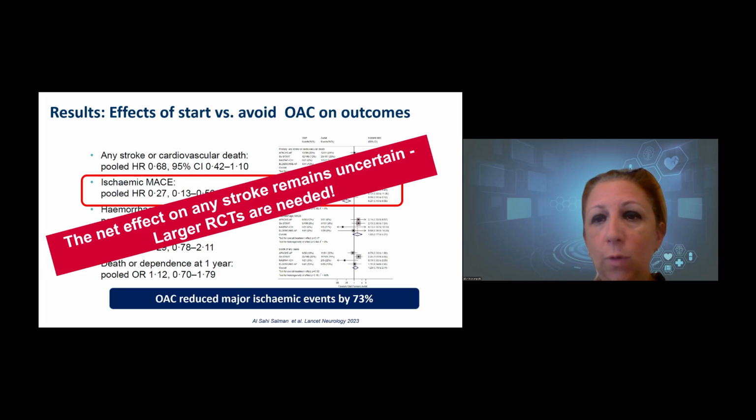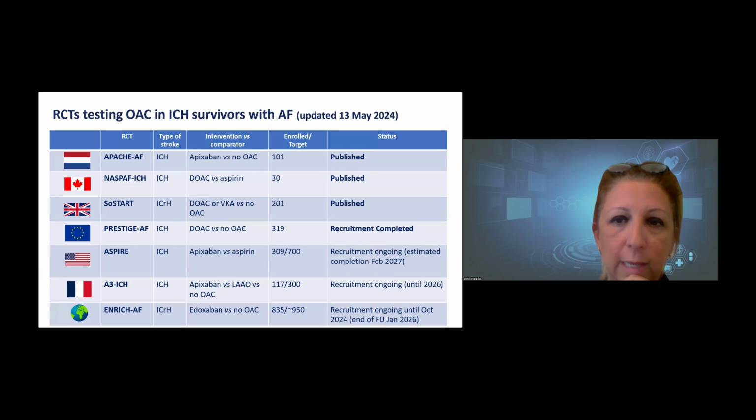And here you can see the status of the ongoing randomized controlled trials. This table has been updated mid-May after personal communication with the PIs of the trials. PRESTIGE-AF, one of the largest trials, has also completed recruitment and follow-up, and we are waiting for the first results over the next months. And of course, after the completion of all trials, we will have the opportunity for an individual patient meta-analysis to have definite answers about the net clinical benefit with oral